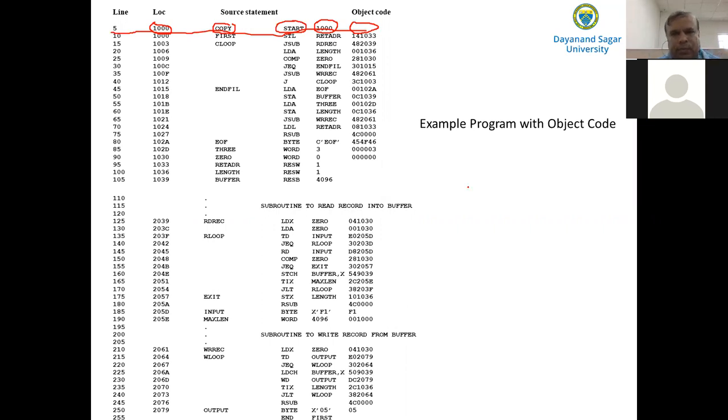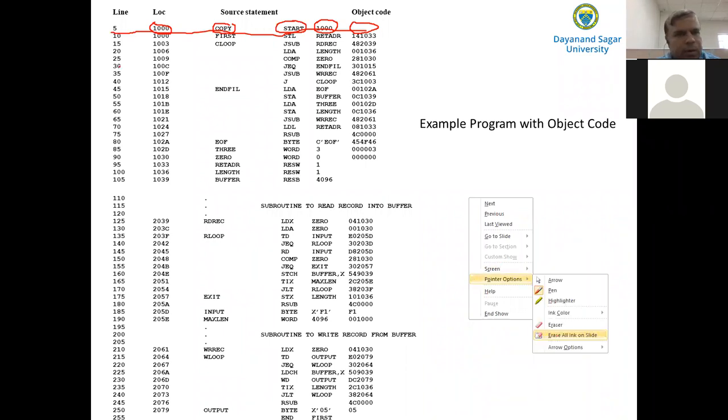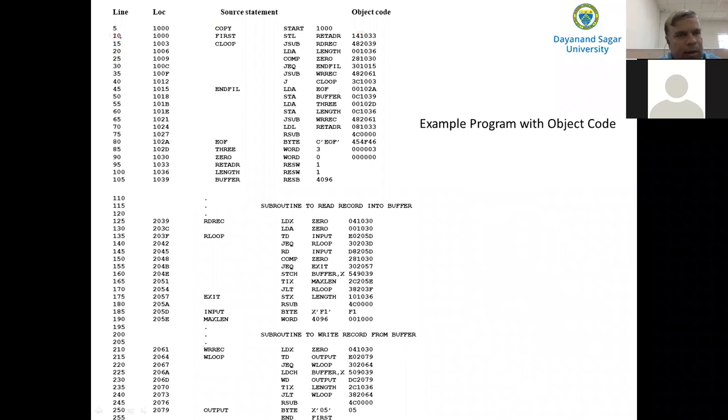Then what is the second line? The instruction at line number 10. At line number 10, we have an instruction called STL, which stands for store linkage register, with the operand RETADR.